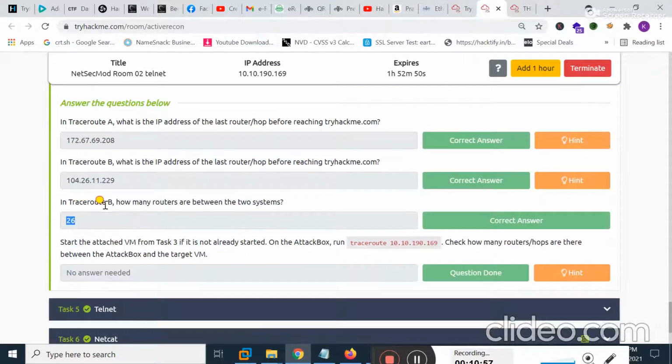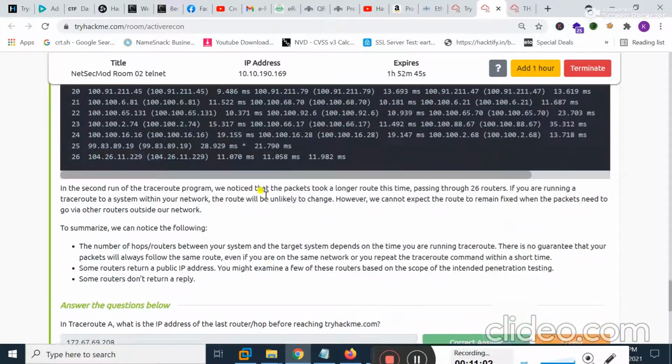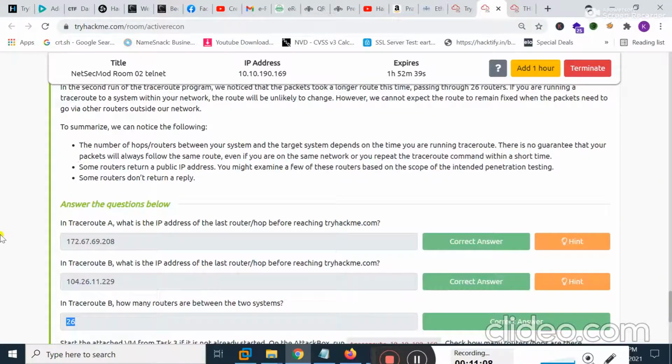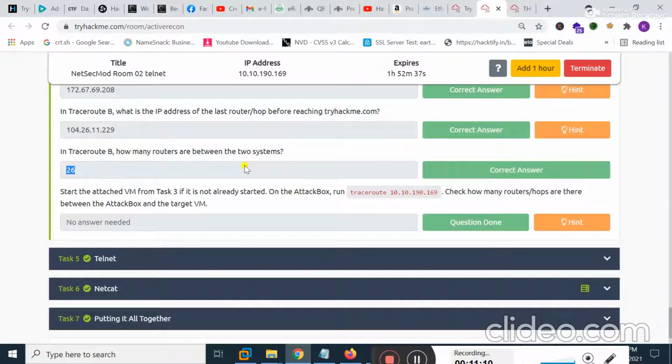Okay, in traceroute B, how many routers are between the two systems? Here you can see 1 to 26. There are a total of 26 routers between the two systems. Okay, start the attached VM pair from task 3, if it is not already started, and run this traceroute command.